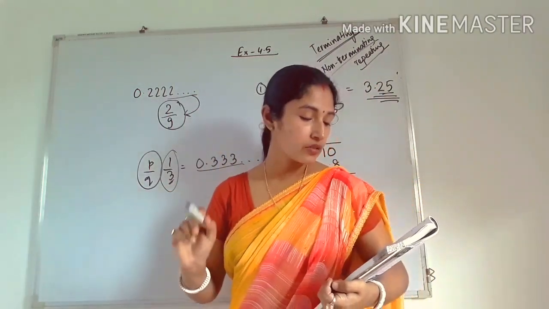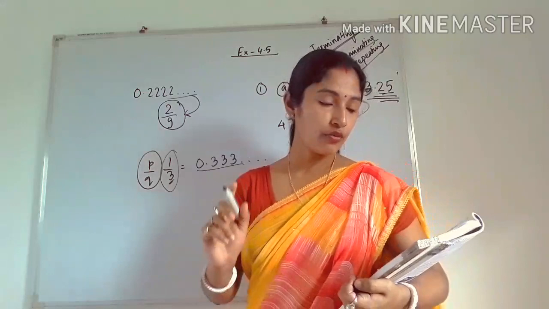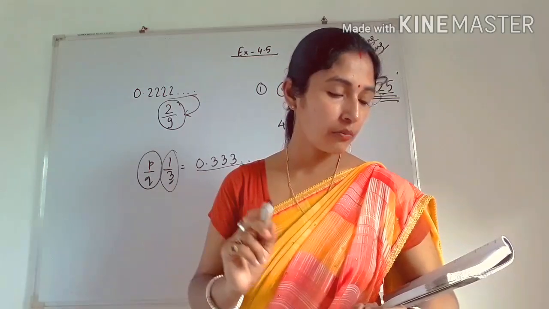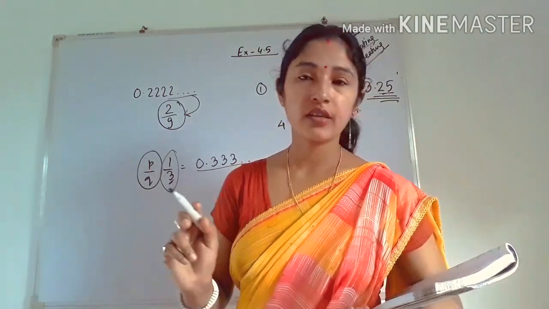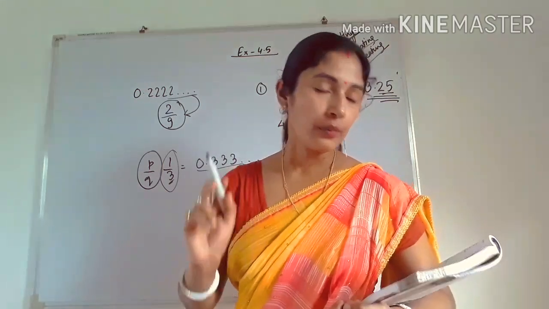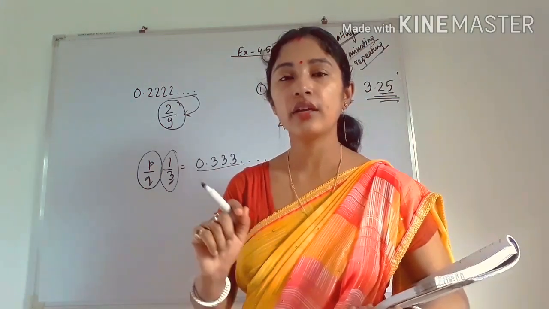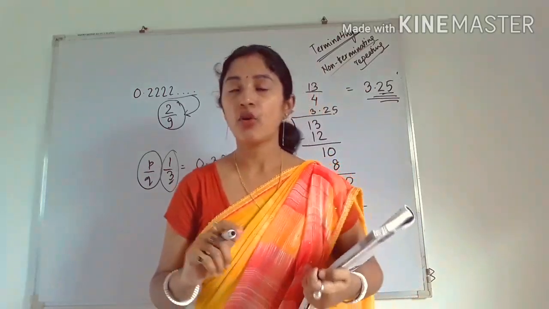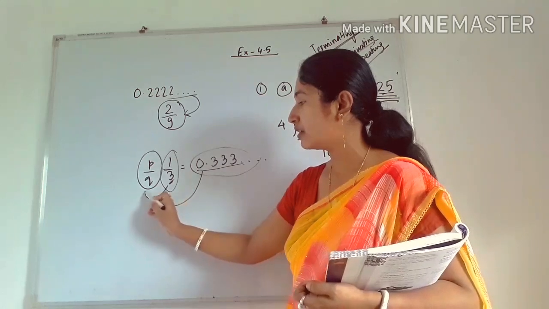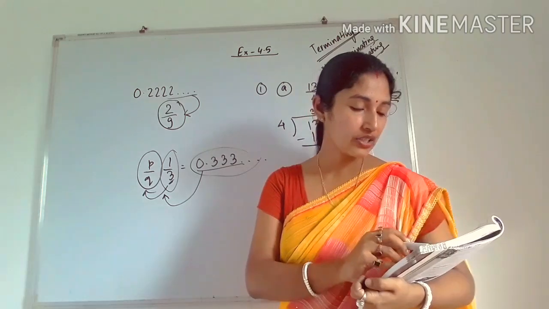Next is number C. This is also a rational number. You can convert it into p by q form. If you remove the decimal, the answer will be 8005 by 1000. Similarly, see number D, 91.777. This is also a non-terminating and repeating decimal number, and non-terminating, repeating decimals are rational numbers. Already we have seen 0.333. We can convert it into 1 by 3, and that is in p by q form. Like that, except F and G, you can see number F.